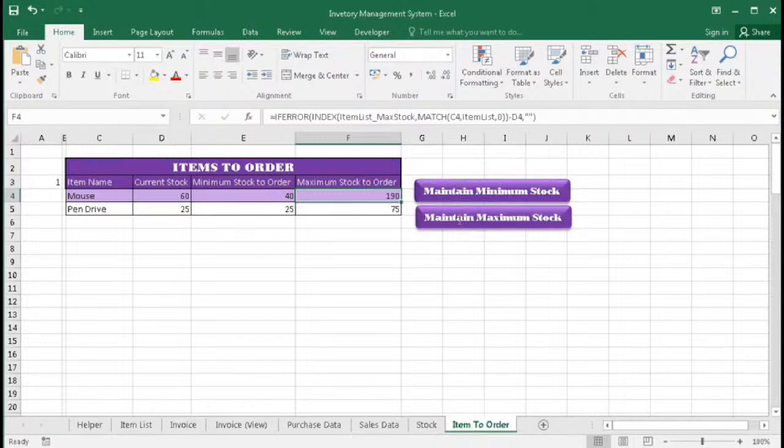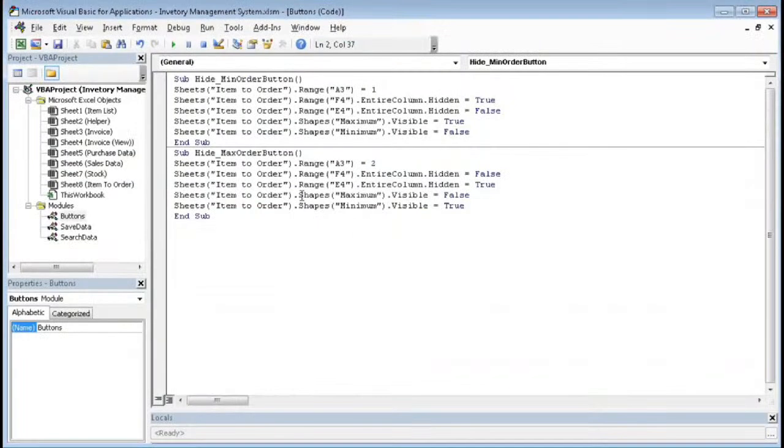And when I click here, this cell will be 2. For that, H equal to 2 and E4 dot column equal to false. So same thing is here, but it is the opposite of this one. You can see F4 entire column dot hidden true, here it is false. The maximum